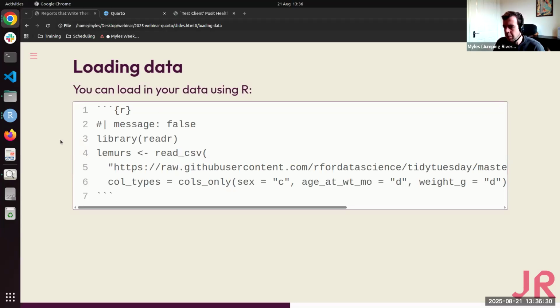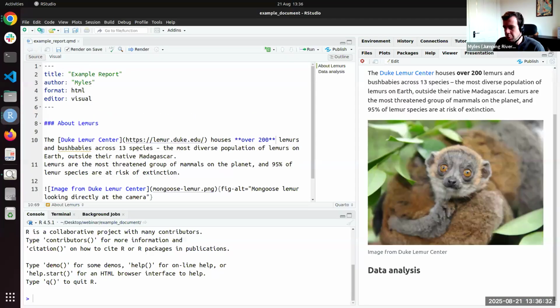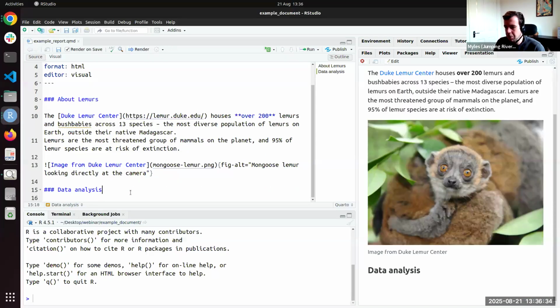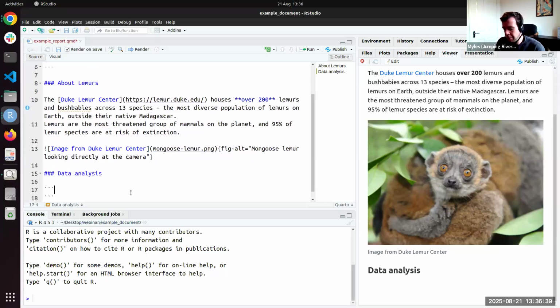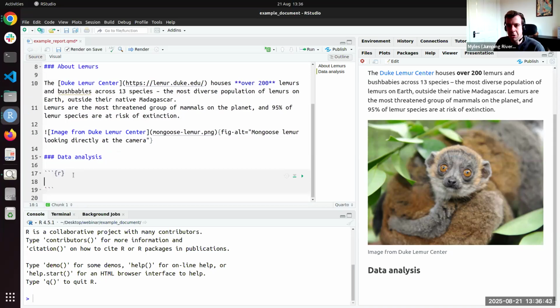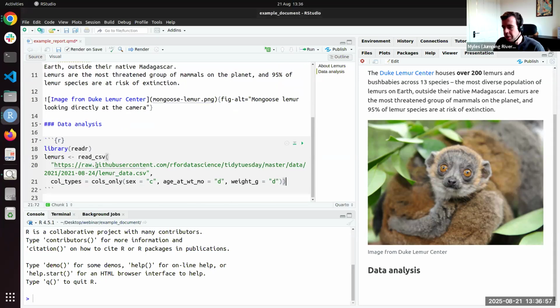Okay. So the way that works is inside our Quarto document, I'm going to fence off what's going to become the code chunk. I use curly brackets just to specify that this is an R code chunk. And then we copy in the code that we want for this. So in this case, this chunk might be loading in some data using readr. Okay, so this is just loading in this lemur CSV data from this public URL.